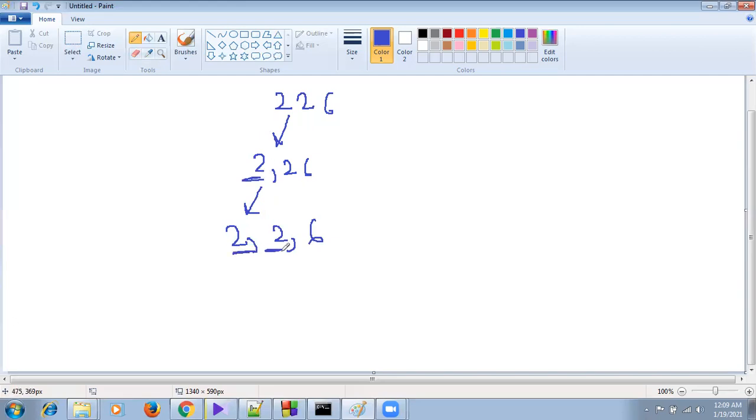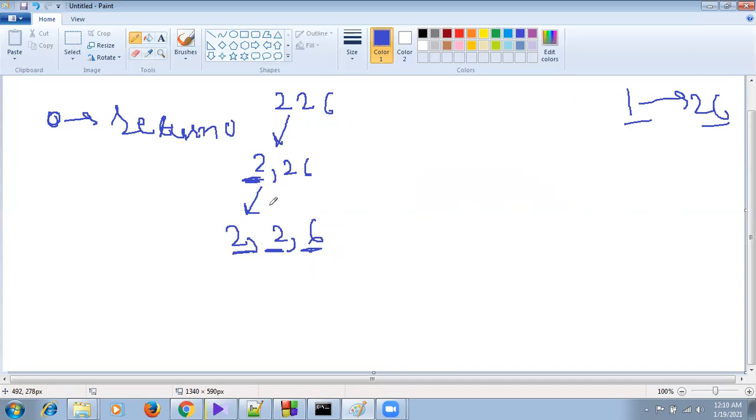So what will our base case be? Our base case will be whenever we find a single digit 0. Whenever we find the character 0, we will not check further, because our decoding digits are only 1 to 26, which we can decode into alphabet. Whenever we find 0, at that time we will return 0. So that is our first base case.